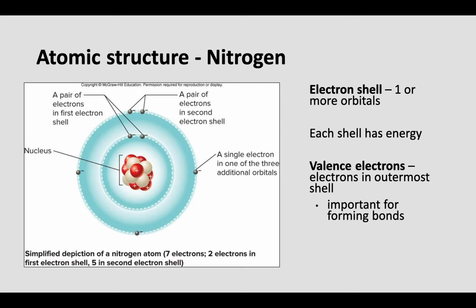We can organize these orbitals even further into electron shells. This image kind of depicts this as these blue halo spheres around the nucleus. These would be our electron shells. The electron shells are going to house the orbitals. How many orbitals they house depends on the atom itself. We're not going to get that in depth when we talk about our atoms. We're mostly going to focus on the atoms that have 1 or 2 electron shells.